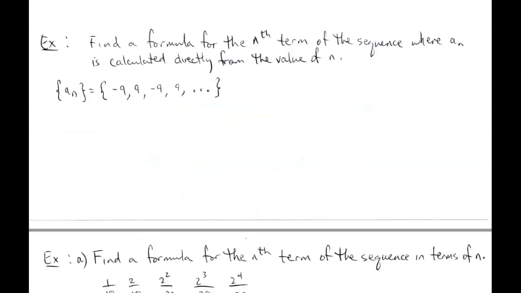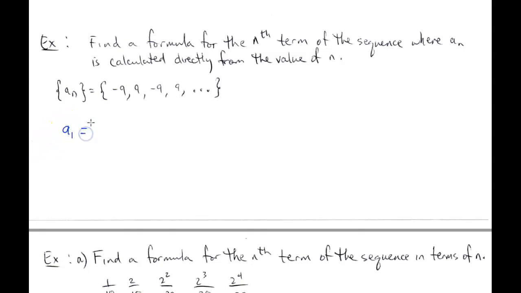So for this example, what we want to do is find a formula for the nth term of the sequence where a sub n is calculated directly from the value of n. So that's just a fancy way of saying we have the sequence, write it algebraically as a function of n, okay? So, of course, you can see here we have negative 9, 9, negative 9, 9. So we definitely see that we have some kind of alternating sequence thing as far as the signs are concerned in there. So we're going to list out a few terms just to kind of get an idea of what